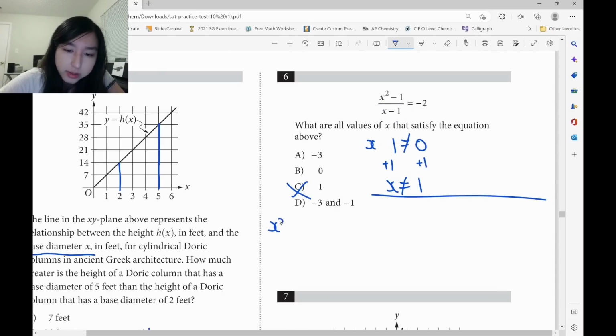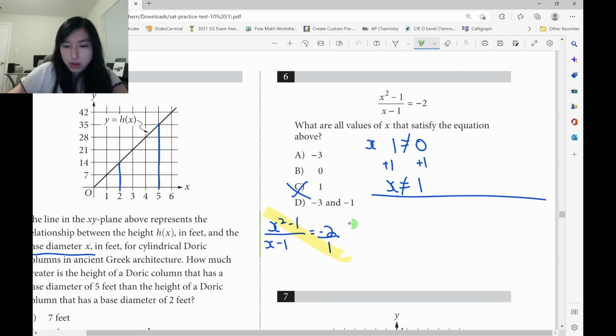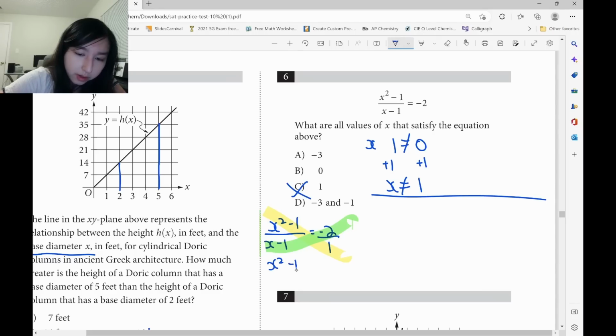So we've got x squared minus 1 over x minus 1 equals negative 2. To get rid of fractions, we do this thing called cross multiplication. So first of all, negative 2 is not a fraction. Put a 1 underneath it. And now we can cross multiply. So we just do a little cross here, and then we multiply accordingly. So x squared minus 1 times 1 still remains the same, x squared minus 1. Negative 2 times x minus 1. Negative 2 times x first, negative 2x. Negative 2 times negative 1,